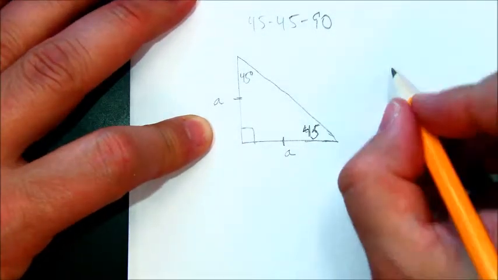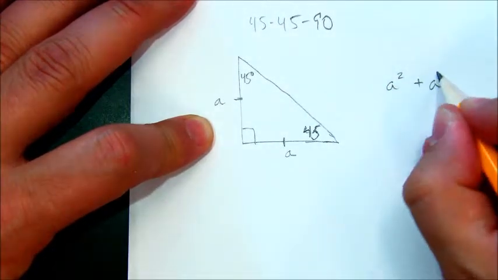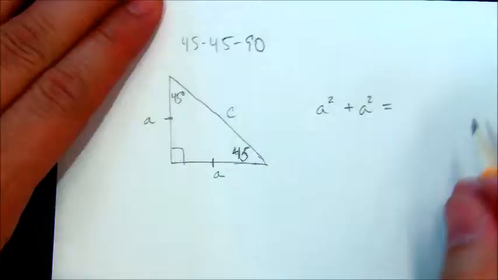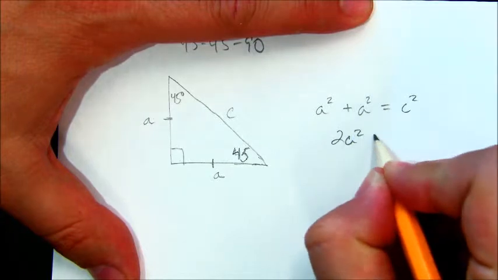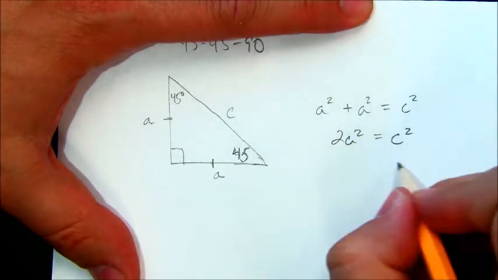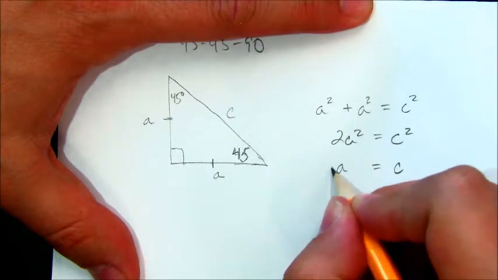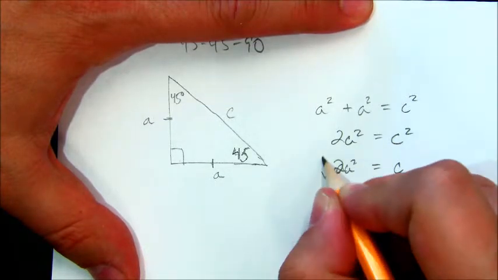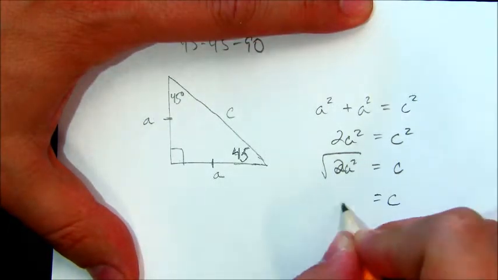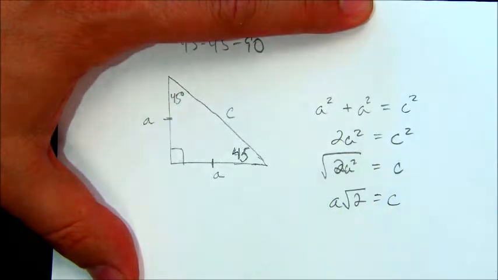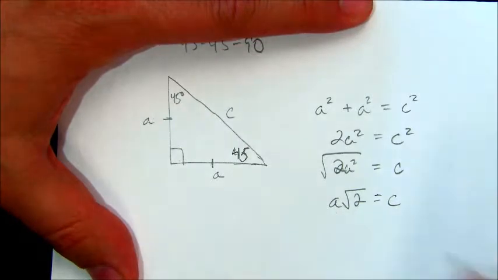And I can use the Pythagorean theorem, right? A squared plus A squared is going to equal my hypotenuse squared. So A squared plus A squared, 2A squared. Then I'll take the square root of both sides, and I get C equals the square root of 2A squared, which is A times the square root of 2. The square root of A squared is A, and then the square root of 2. That tells me that